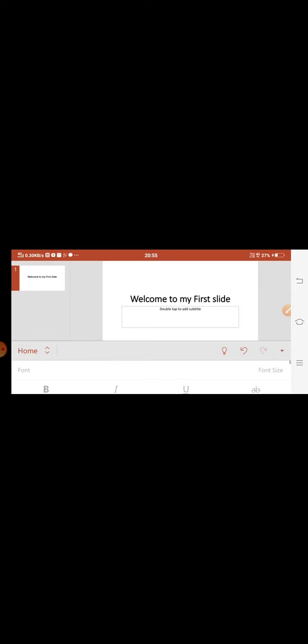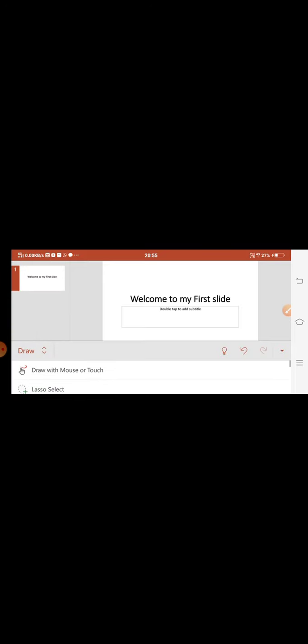In the home tab, see bold, italic, underline, then font color, then font formatting, bullets, numbering, then alignment, rotation, then you can insert a new slide, layout, find, everything is present in the home tab. In the insert tab, see new slide, new comment, you can insert a table, picture, videos, audio, shapes, text box, everything.